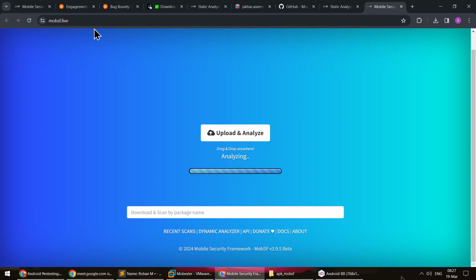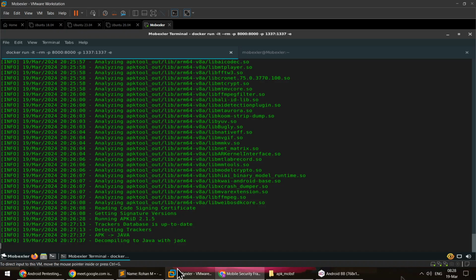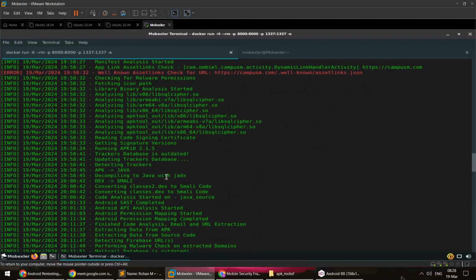So if you are using any other emulator, like anything from AVD, that is Android Virtual Device by Android Studio, or any other emulator like Nox, which is another Android emulator, you can integrate your local Docker instance for MobSF with that. In the previous discussion, we have seen how to do that. And if I show you the command here,